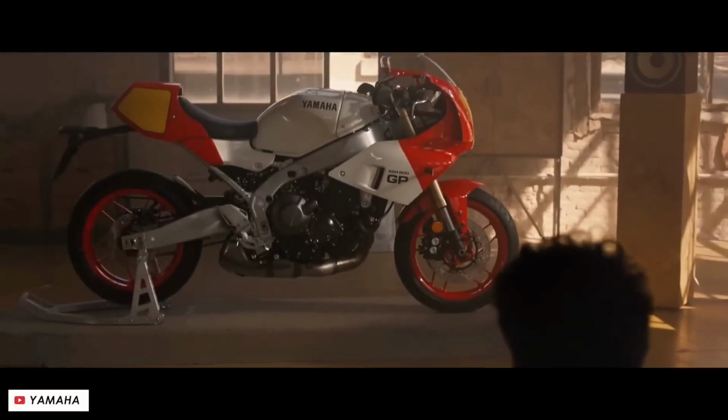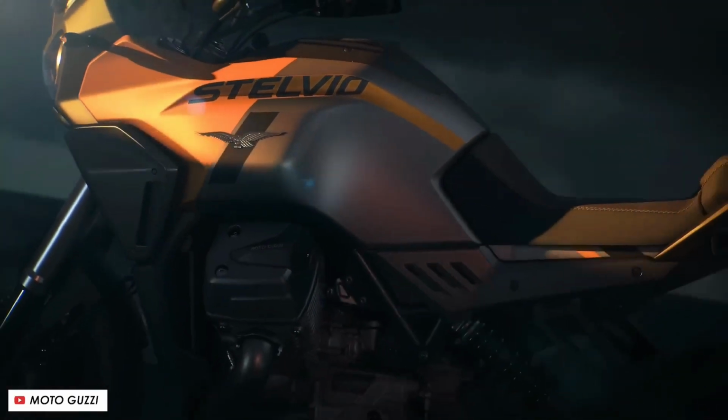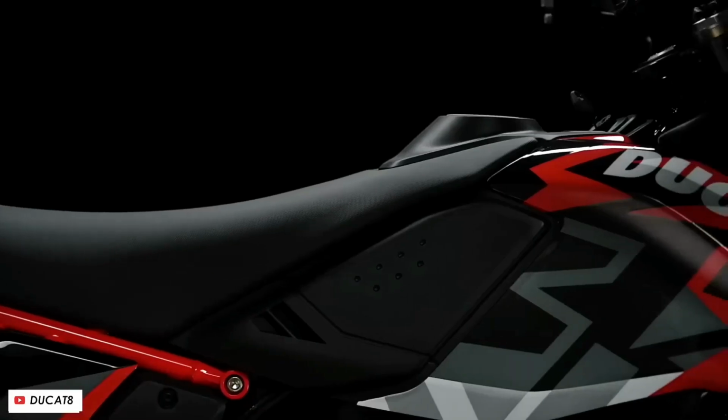many a biker's buying decision. And so here are my picks of the best looking new bikes from each manufacturer for 2024, and of course we're going in price order ascending. Now first up at